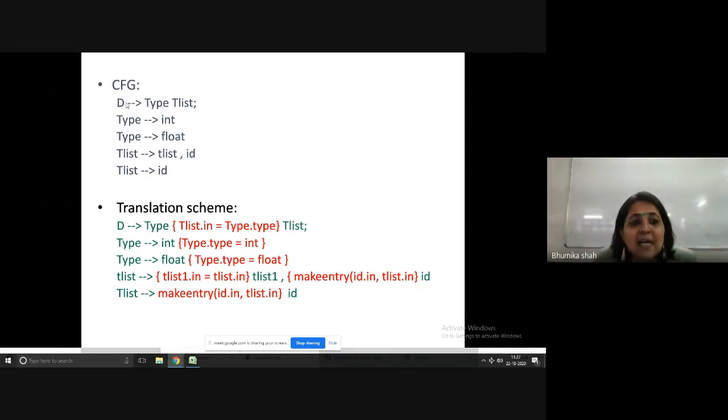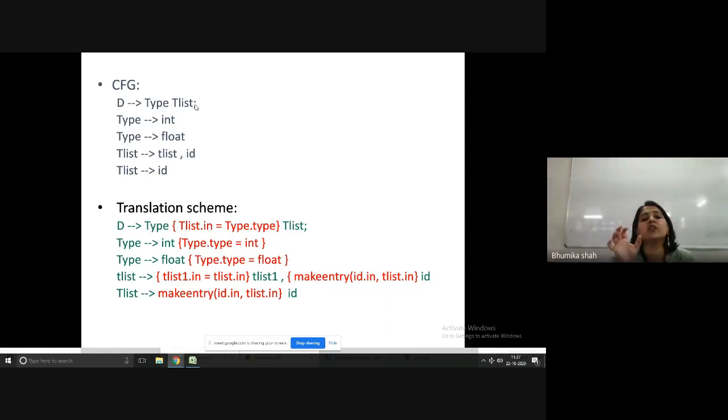The first rule says D derives type T-list semicolon. So what kind of semantic action is it creating? Once again, if you observe, the red entries are the semantic actions created. If you write them in sequence, it will make your SDD equivalent to this particular grammar. So again, what we are doing is CFG plus SDD, but the semantic rules are written inside somewhere for inherited rules. The first rule, type T-list, is generating an inherited attribute value for T-list.